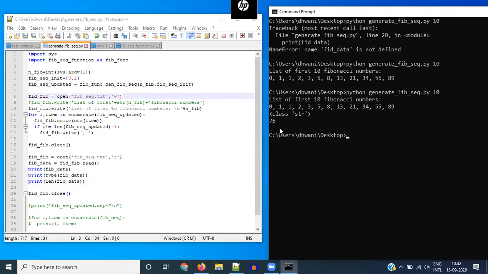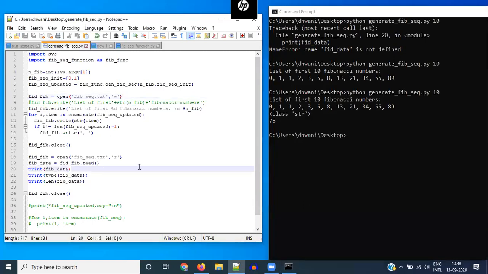So why 76? Simply because each character here, including these alphabets and spaces and new line and these digits, everything has just got interpreted as one character, and therefore each one is one element. So this is actually a string right now, and you can index the elements of the string.